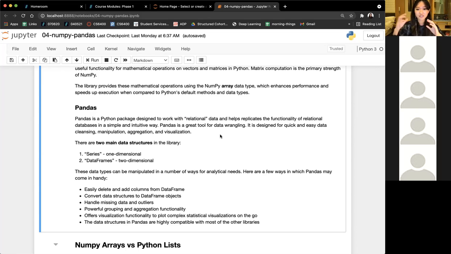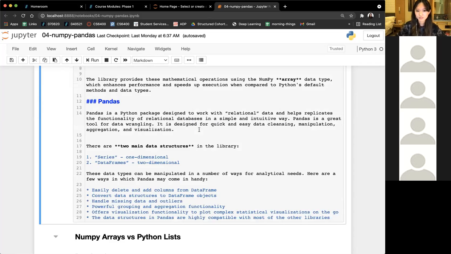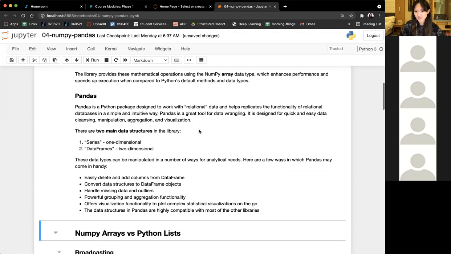Pandas is really good for data wrangling. As you can see, you can do a lot of data cleaning, manipulation, aggregation, and visualization. We'll get to this in more detail, but